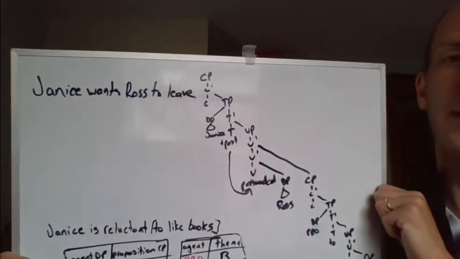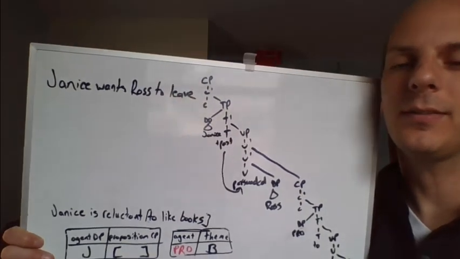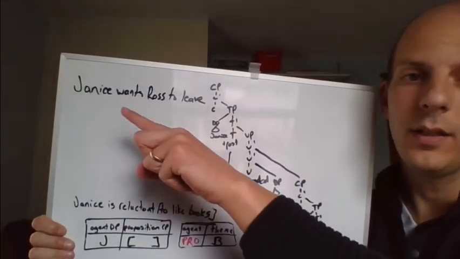So the sentence that we're going to look at when we pick back up on Wednesday is this: Janice wants Ross to leave. So this is a new challenge. Wants is a weird verb. So I said before that